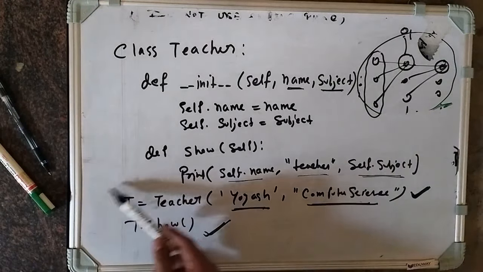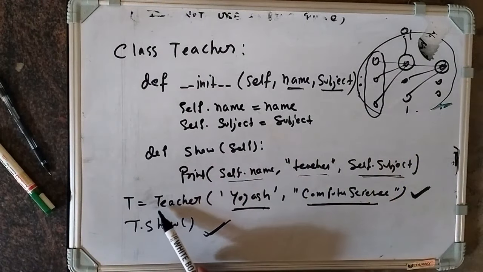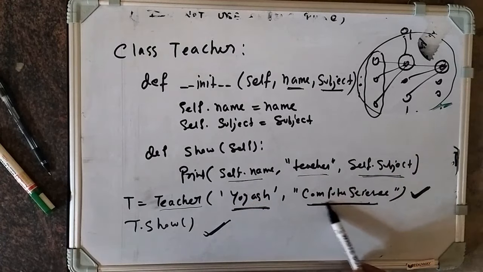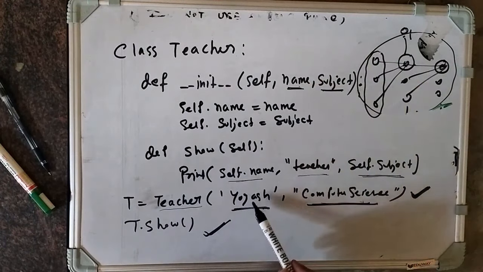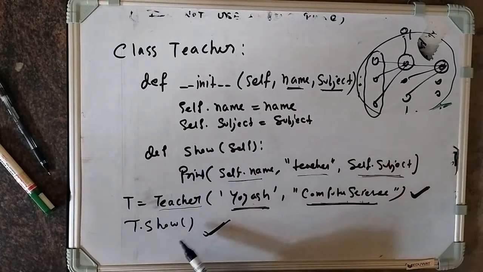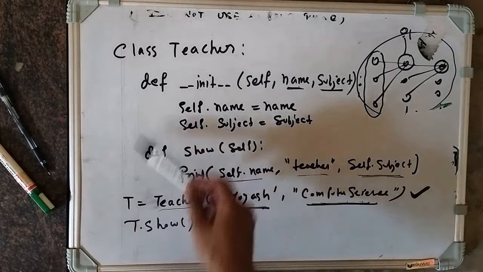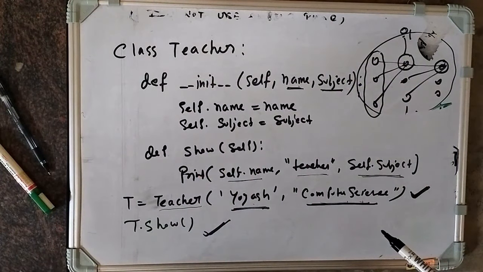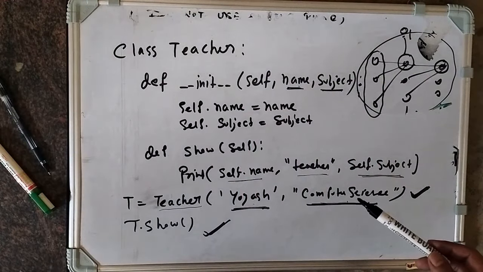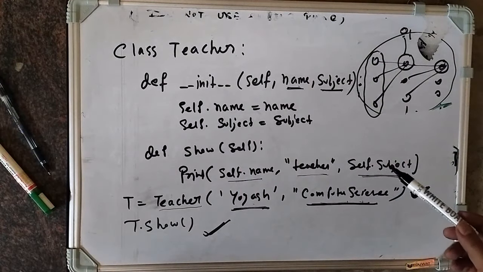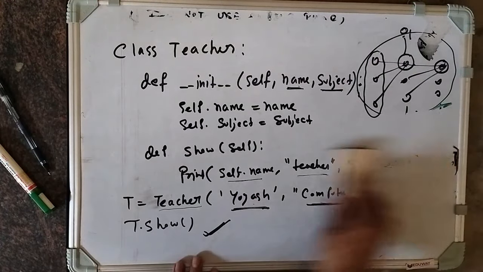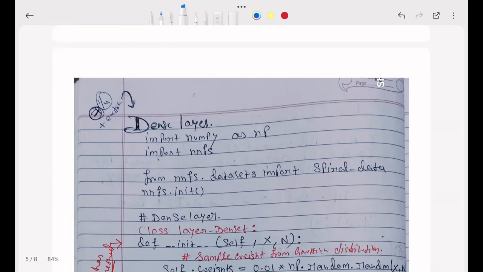Now t means the object. By the help of the class I am giving the name Yogesh and the subject computer science. So this name is Yogesh and this subject is computer science. Directly it will access them, and after that it will print here. So this is the meaning of the method init. This is very important to learn about the dense class. Now we will discuss another topic. One thing is very important, I will show.